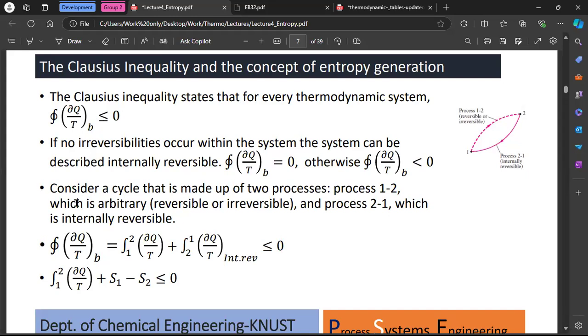Sorry, someone called. So we are saying that if we have a cycle that consists of two processes, process one to two, we are moving from one to two, right? And then we will move from